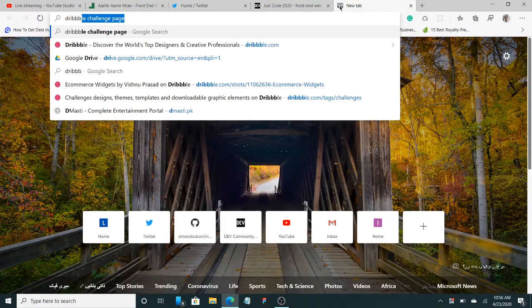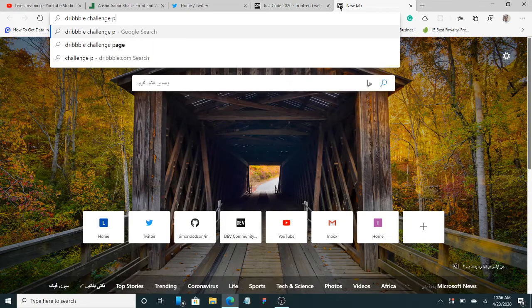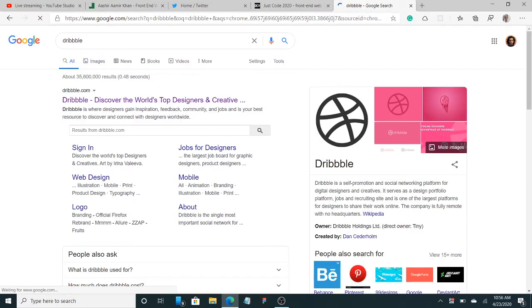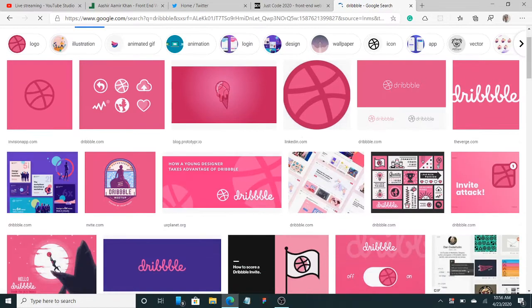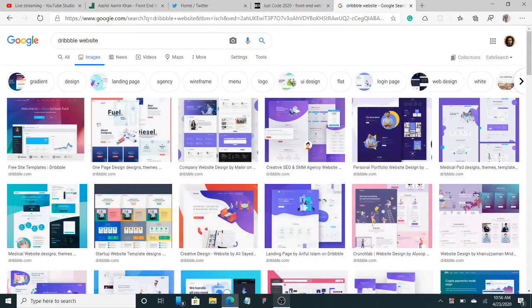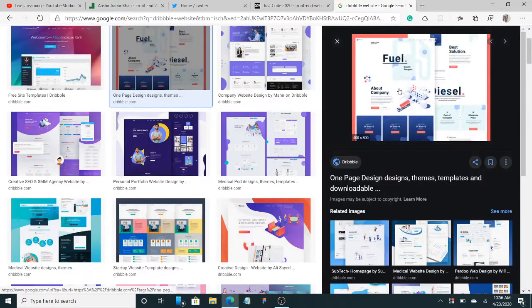I usually take lots of designs from Dribbble. And I try to convert them. If you cannot convert it with CSS, then you have to learn CSS. Okay, let me search for the Dribbble website. So Dribbble website, as you can see, if you cannot make this design with just CSS, I will get you the assets, but with the CSS, then don't learn JavaScript.